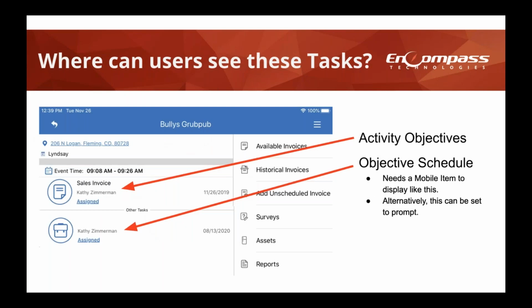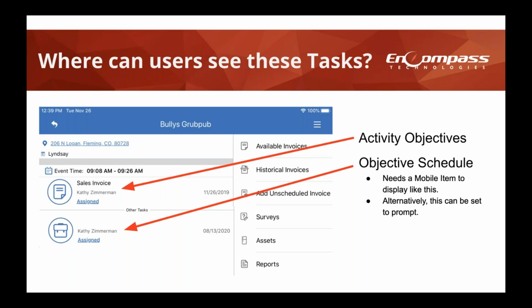All right, so lots of hypotheticals right now and lots of graphs, but I really wanted to go ahead and point out from the Encompass Mobile interface where this stuff shows up, and hopefully that will start to tie some of these concepts together. So what we're seeing on the left-hand side screenshot here is a sales stop, okay?